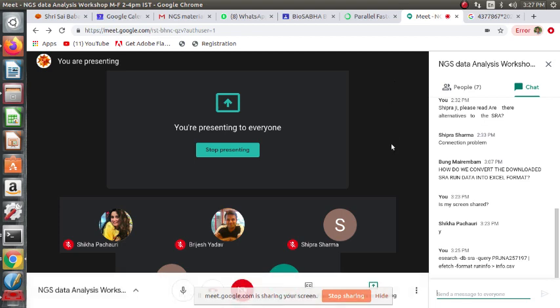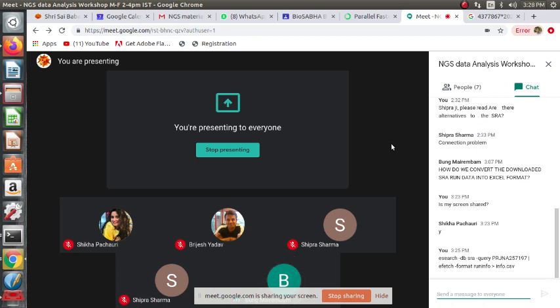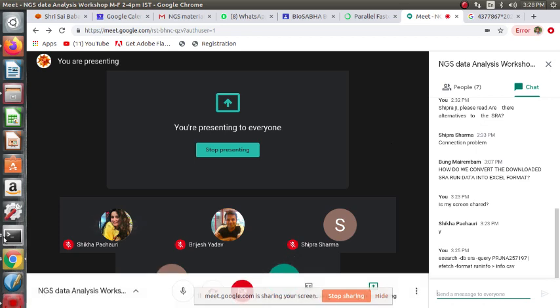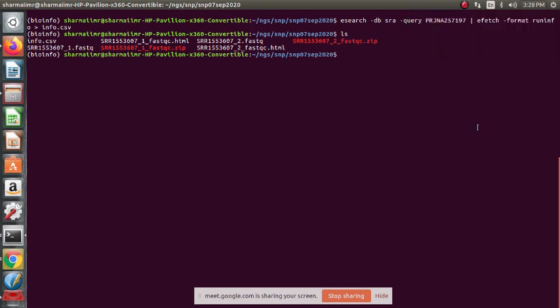The folder where we downloaded the info.csv using the esearch command for a particular bioproject ID in the runinfo format. We are outputting it in the info.csv. It's not about info.csv or whatever. We can name it anything. For a particular bioproject, we'll have many SRR runs. We are downloading it using the esearch command.